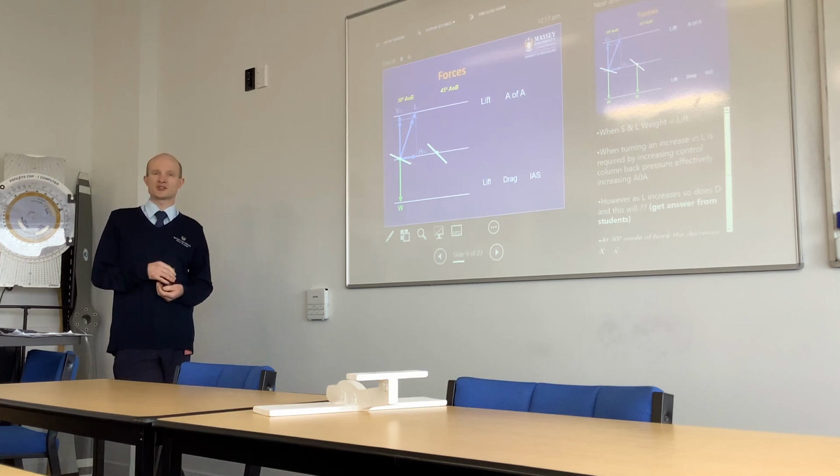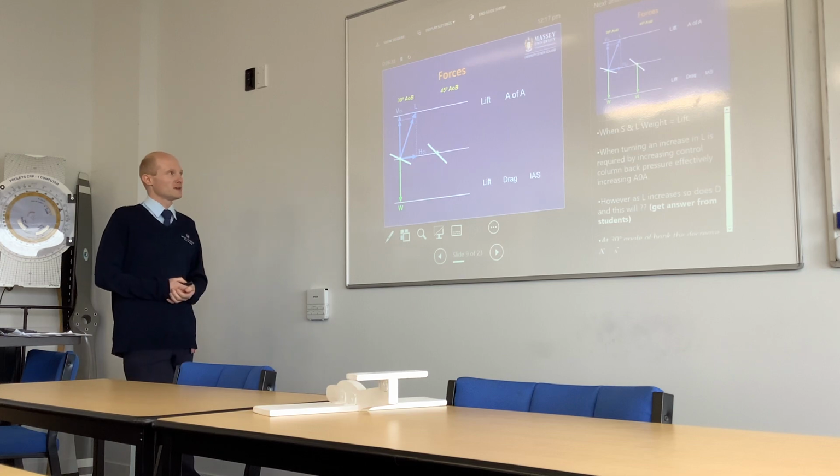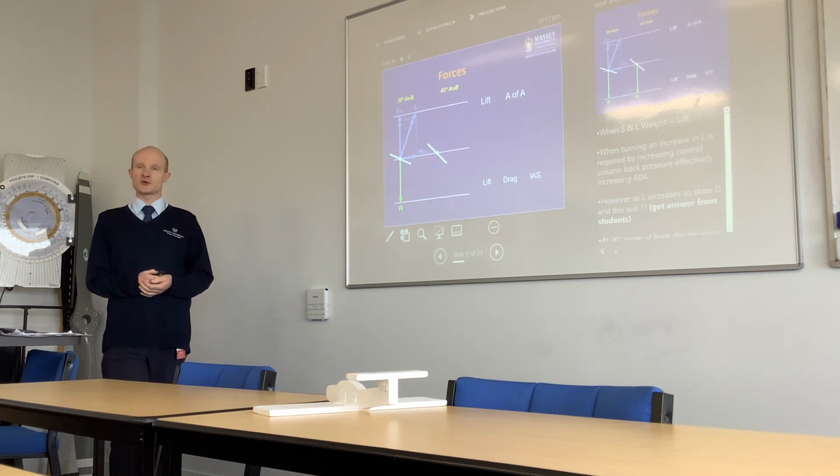So we elect to steepen the turn up to 45 degrees. And let's have a look at how the forces change in that turn. So you can recap on the vertical component of lift. You could ask questions like,